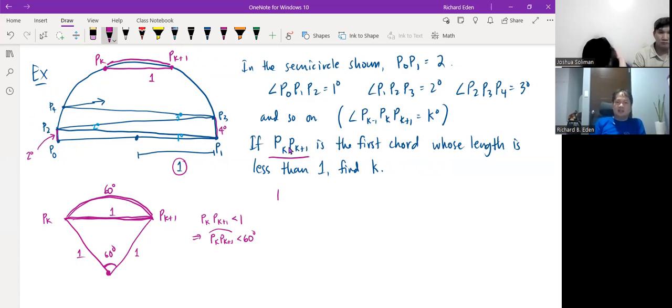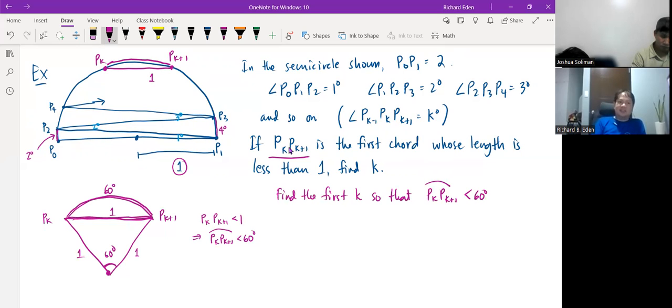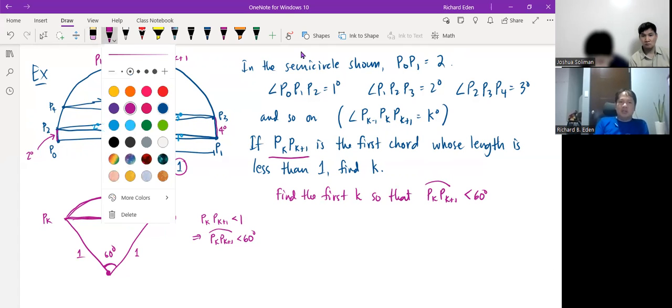So we can now convert the task into the following. Find the first k so that the measure of the arc dips lower than 60 degrees. Okay? So let's look at the consecutive ones. So, P0, P1,